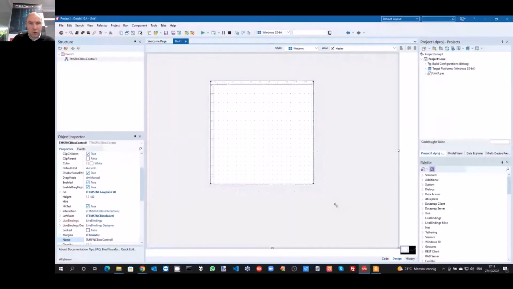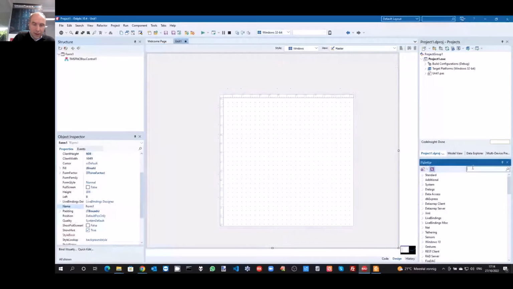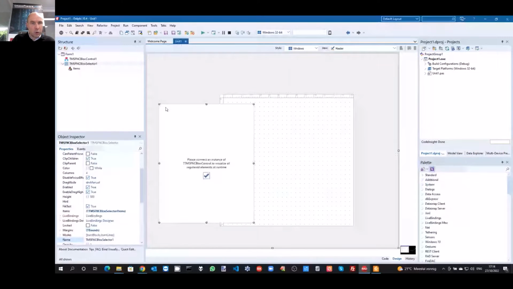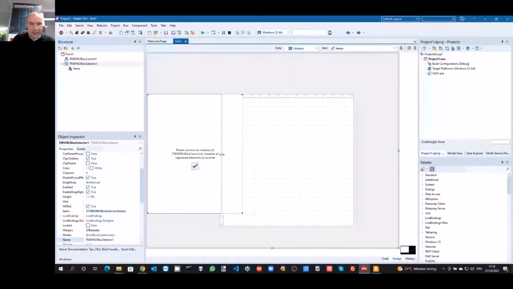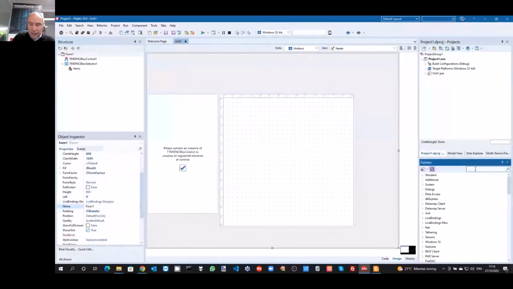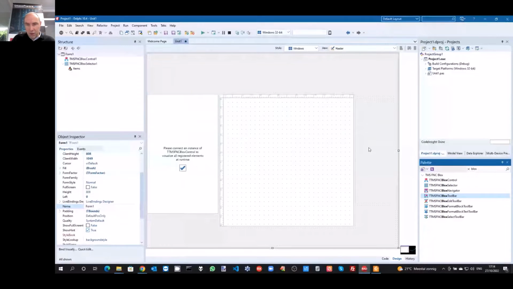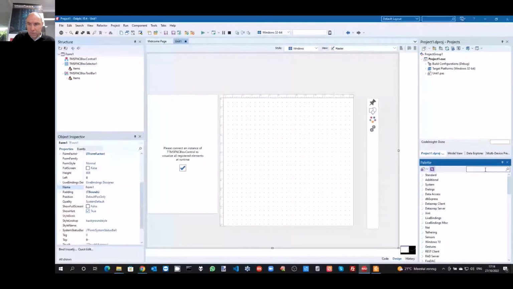So everything I'm doing here, not only visually, but also from a code perspective. So if I would add code, I can add exactly the same code in a FireMonkey application to work with our blocks control. Let's add the toolbar, and then maybe also the navigator.